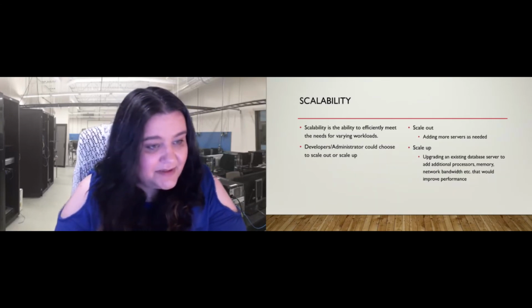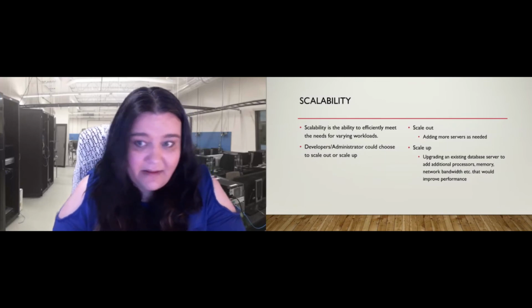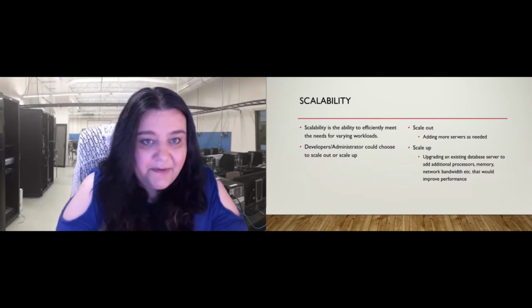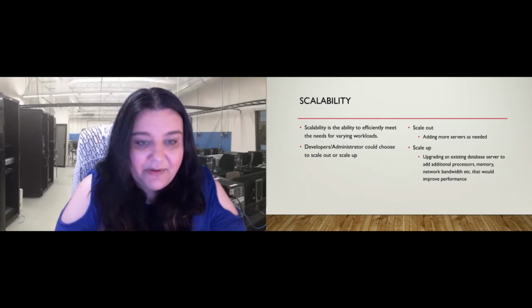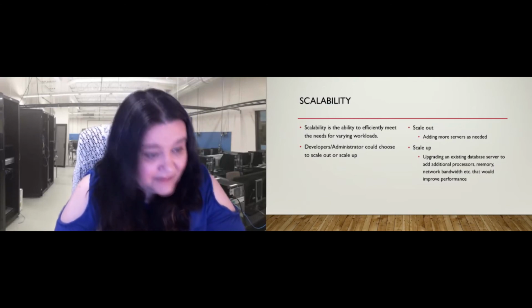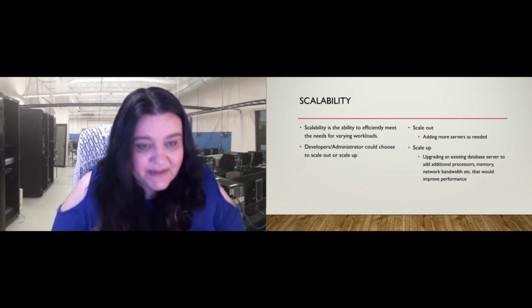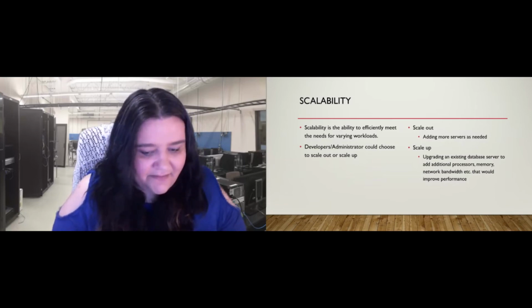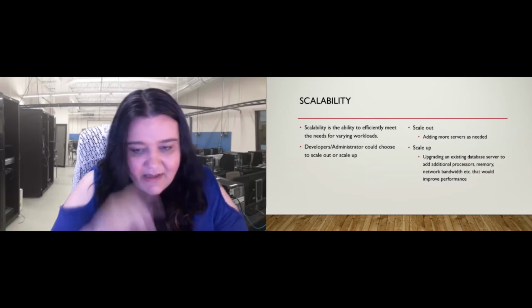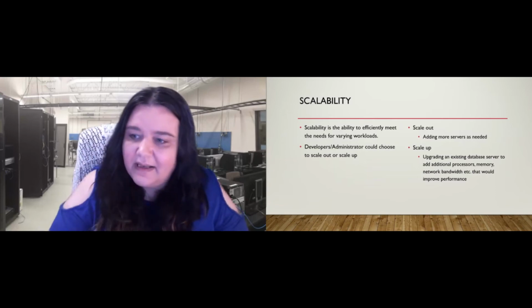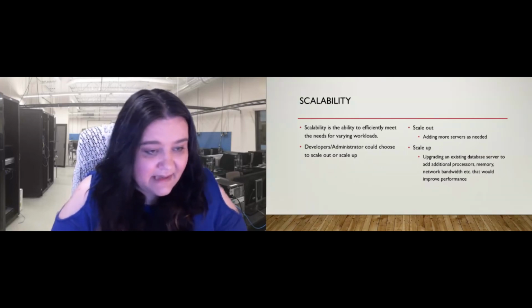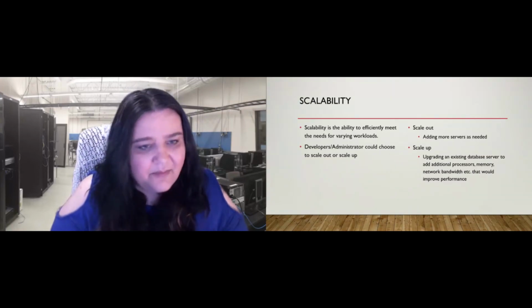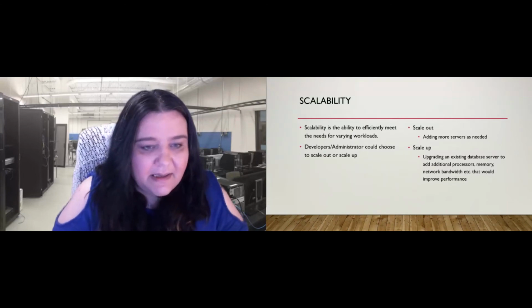Developers and administrators could choose to scale out or scale up. If you've ever been in that situation before, you know that you would rather scale out, so add more servers and have distributed database systems instead of a single server system. NoSQL can easily adjust to that kind of scaling because it has that kind of built-in technology.